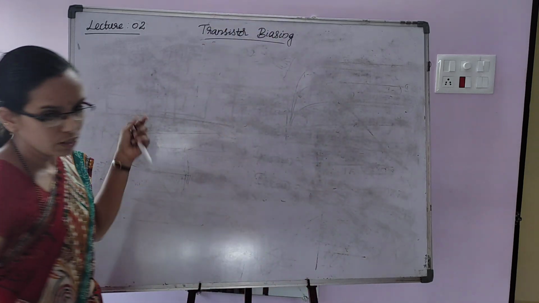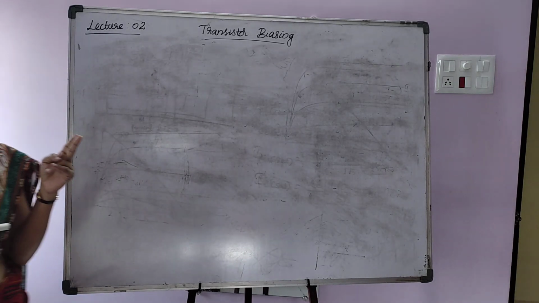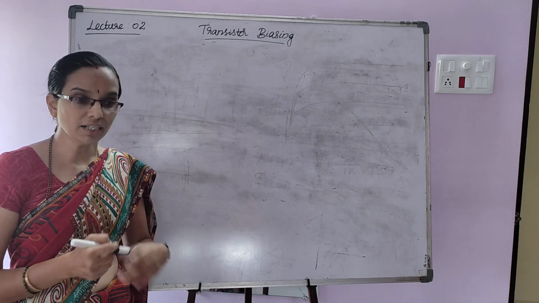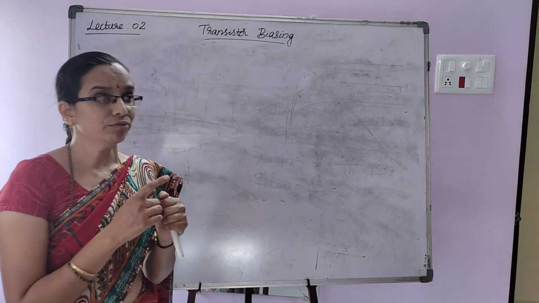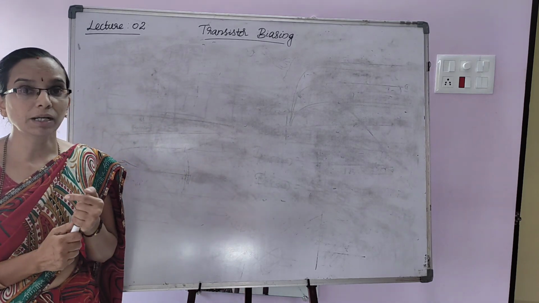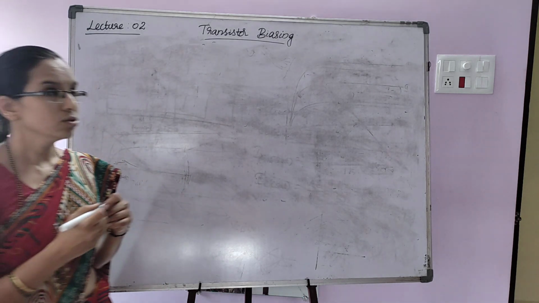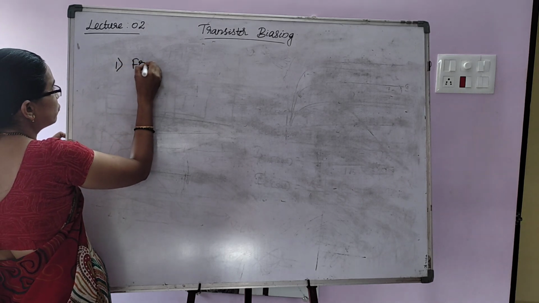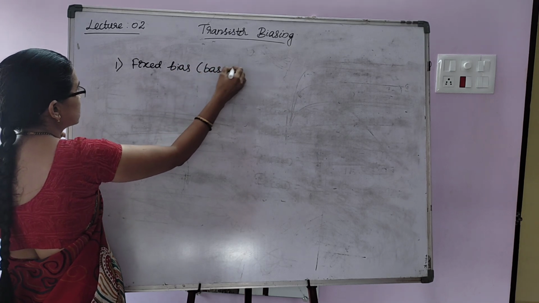Now, as we saw in the last circuit, we had two sources for biasing of the transistor. So it is a disadvantage. Having only one source, connecting only one power supply and biasing the transistor, is a better way. For that we have many biasing circuits. One is the fixed biasing circuit, also called base bias.